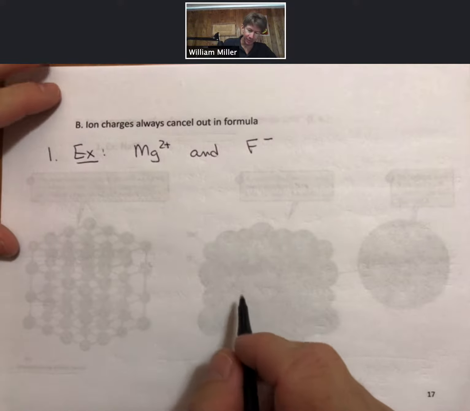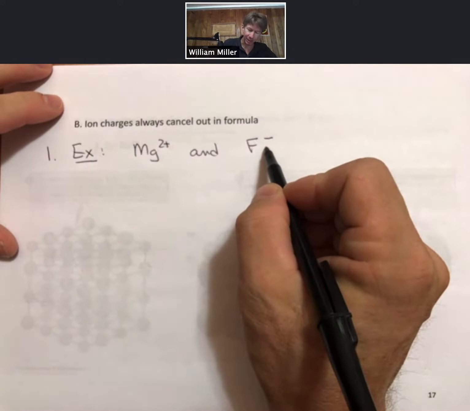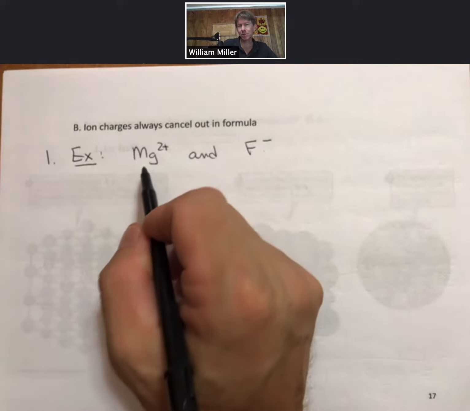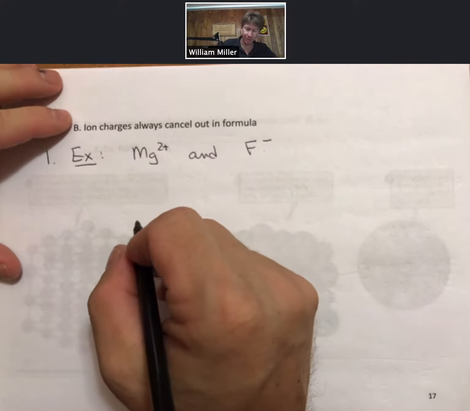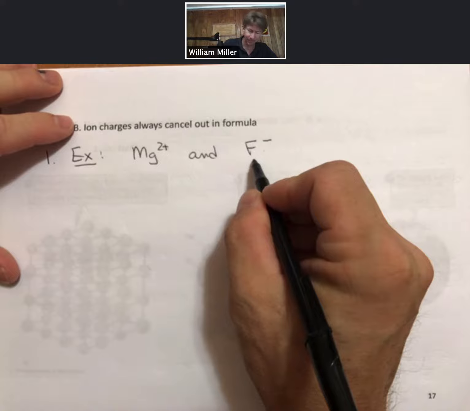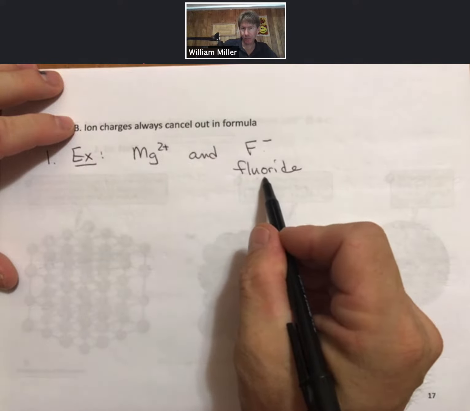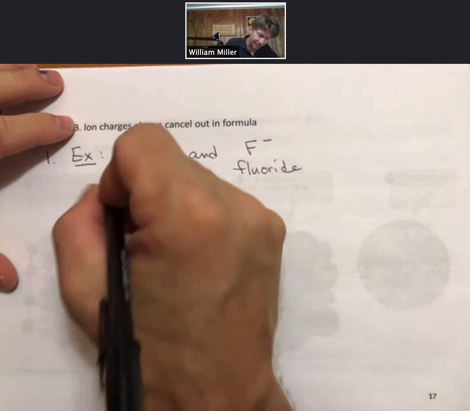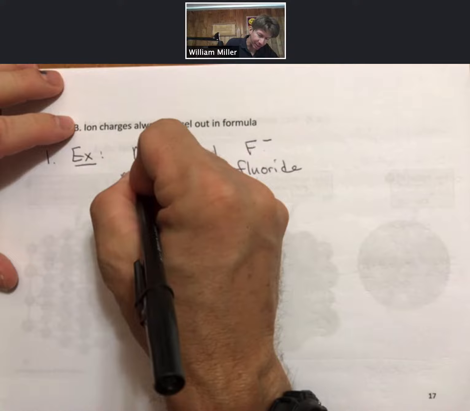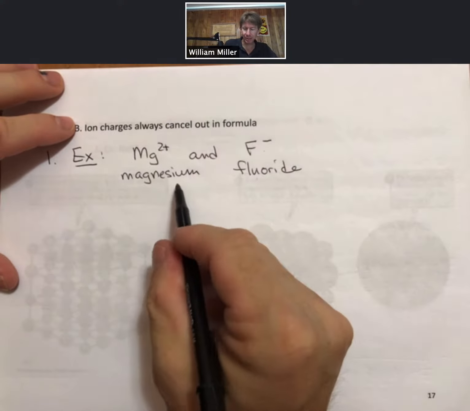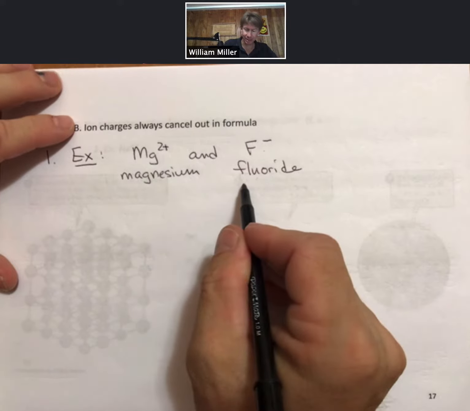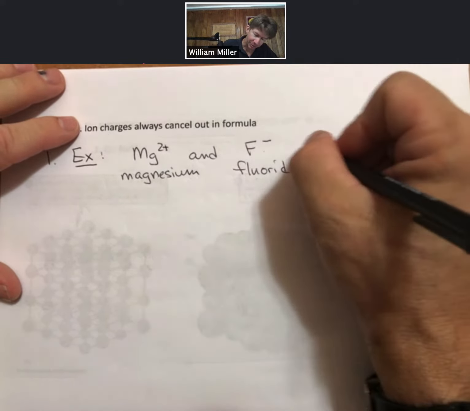We have a -1 and a +2, and what that means is that you need 2 fluorides in this case. Fluoride has the U before the O. That's the fluoride ion, this is the magnesium ion, and when you name this compound, it will just be magnesium fluoride, and it will have the following formula: